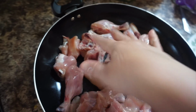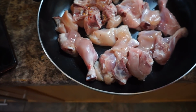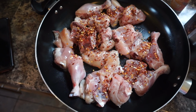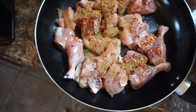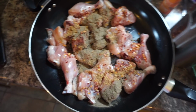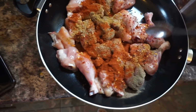I wash one medium-sized chicken, put it in this pan. One teaspoon chili flakes, half a teaspoon zira powder, half a teaspoon black pepper, and half a teaspoon cinnamon, 2 teaspoons tandoori masala,